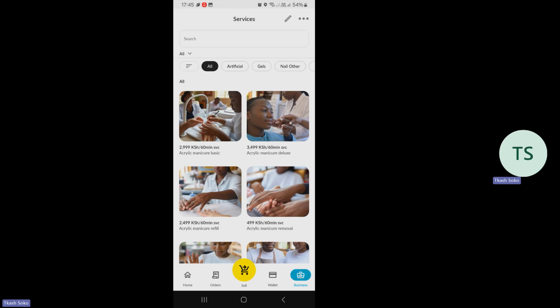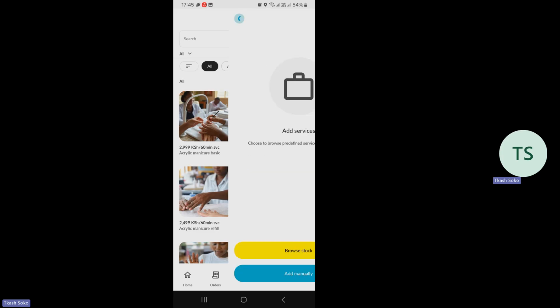At the top, still on these services screen, there is the option of the pen and there are some 3 dots there. So what you touch are the 3 dots. When you touch those 3 dots, then these options are going to appear: add services, view categories, and view groups. Remember, what I want to do is to add a service that is not there. I want to add something I do in my shop but is not here. So we'll just touch on add a service.